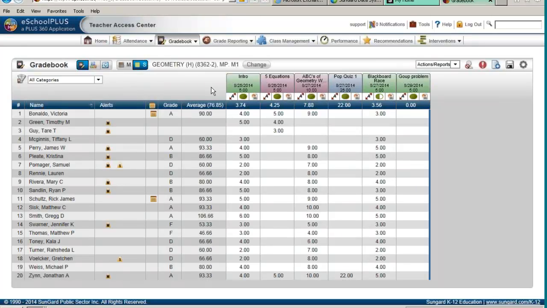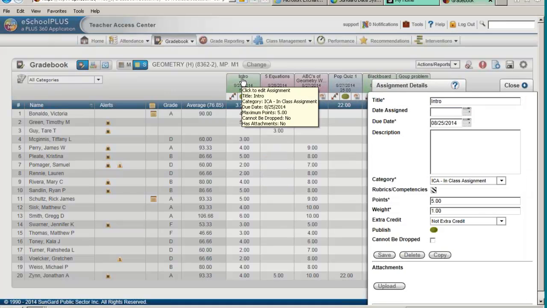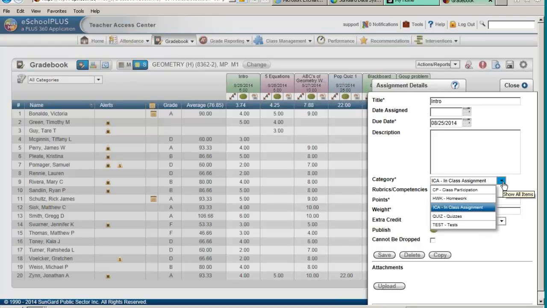Let's take a look at an assignment. When I mouse over, it does give me a little bit more information about that assignment. If I want to make a change to that assignment, just click on the tab here. The assignment drawer opens up on the right-hand side, and I can go ahead and change something. You know these fields. What's the title? What's the due date? Description? What's showing in Home Access Center? The categories. The drop-down will only display the category